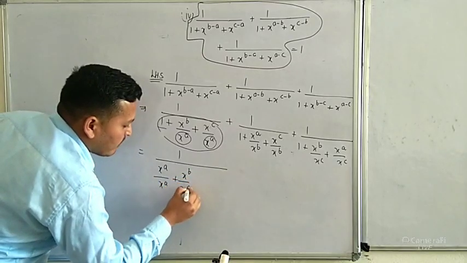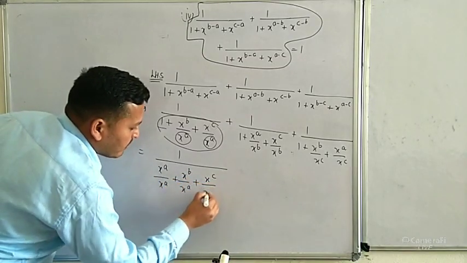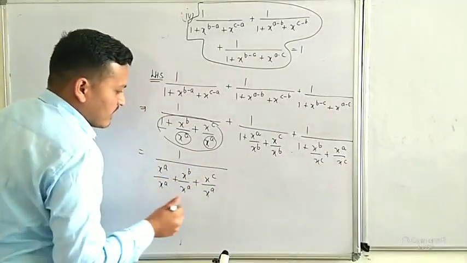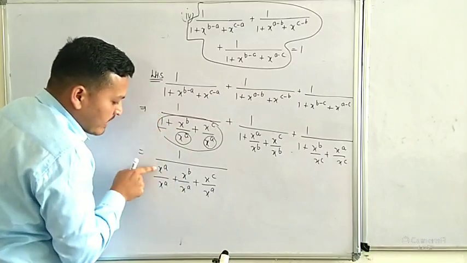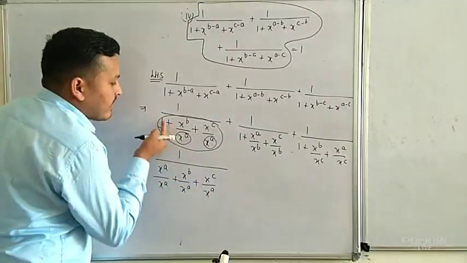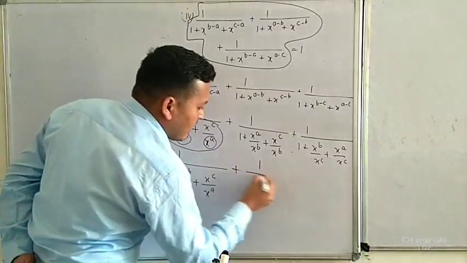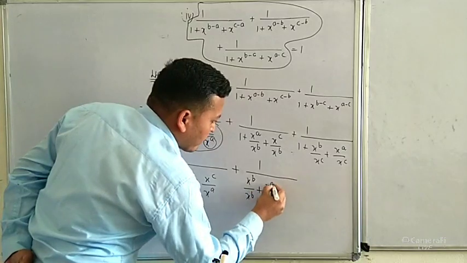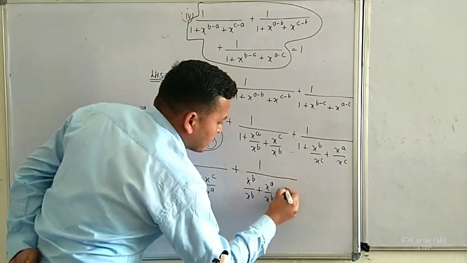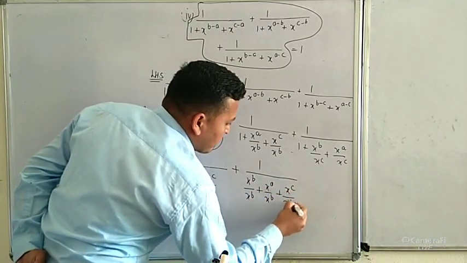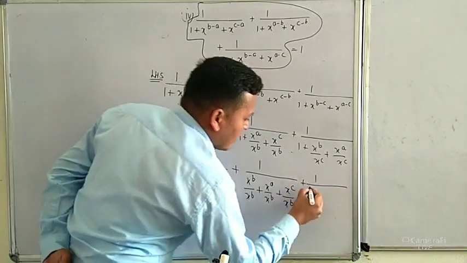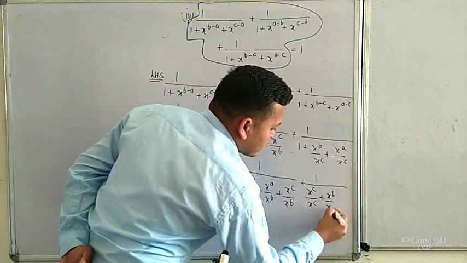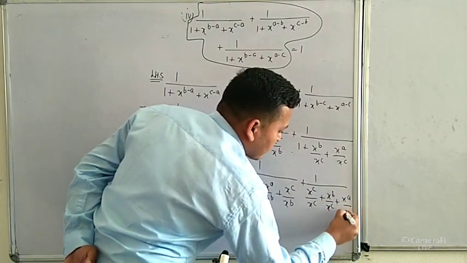plus x to the power b upon x to the power a plus x to the power c upon x to the power a, क्यों किया, ताकि हम पे same base बन जाए, same denominator मिल जाए, ठीक है, तो यहाँ पे multiply and divided by x to the power a, या we can say that taking the LCM, ठीक है, तो plus similarly here, तो x to the power b upon x to the power b plus x to the power a upon x to the power b plus x to the power c upon x to the power b plus 1 upon similarly here x to the power c upon x to the power c plus x to the power b upon x to the power c plus x to the power a upon x to the power c,